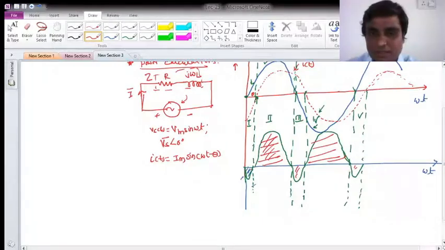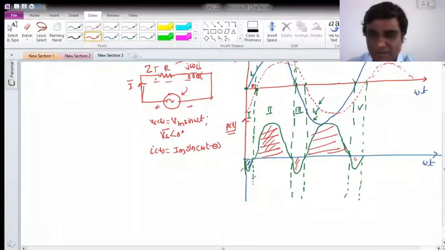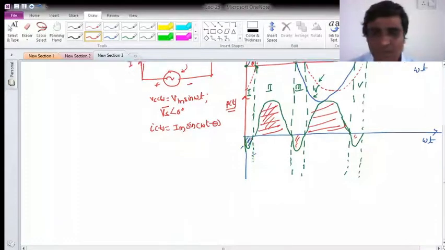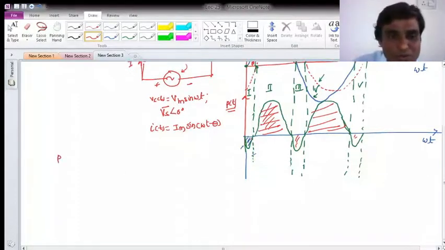So this is my instantaneous power which has been calculated. Now let us say it mathematically. The negative power is a smaller quantity than that of positive power. So let us calculate it mathematically also. Let me calculate what is my instantaneous power. It will be the product of v of t into i of t for the series RL circuit.